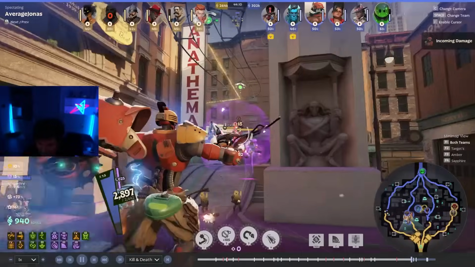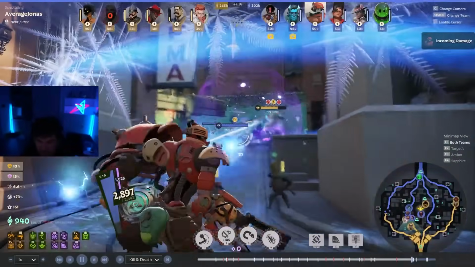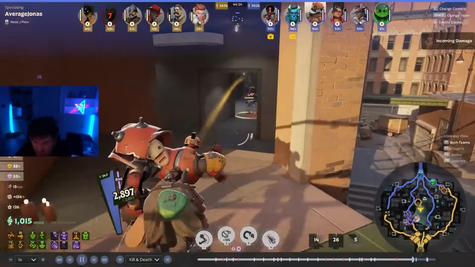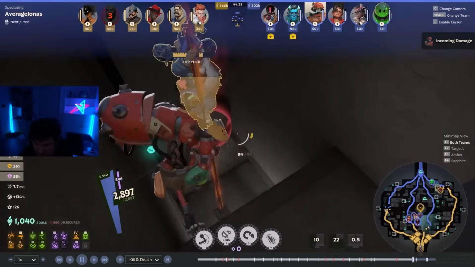We miss a hook there, but Wraith is going super ham. Then we have the Kelvin ults. We're basically just looking for a pick now. This Kelvin pick is pretty big, and this is why...